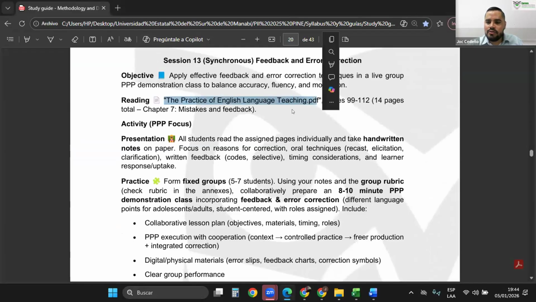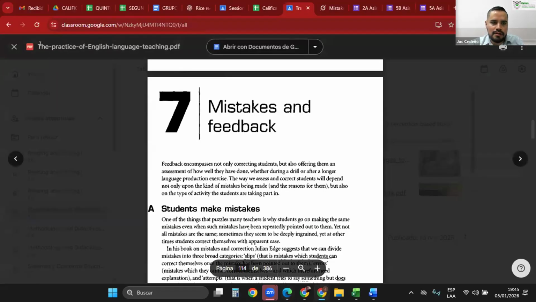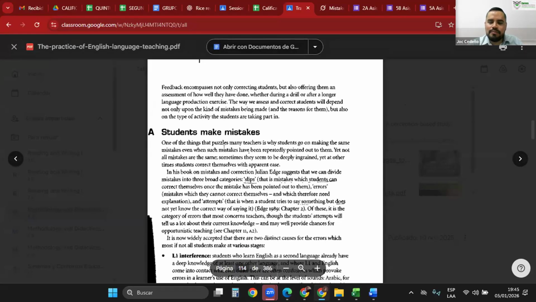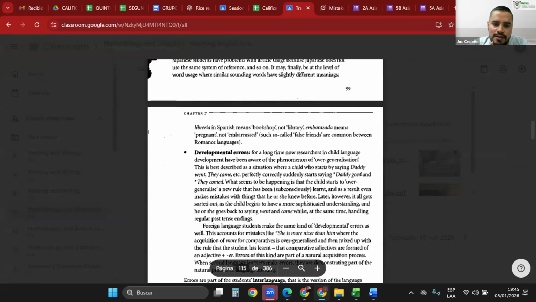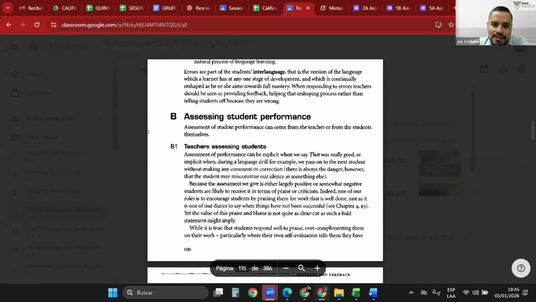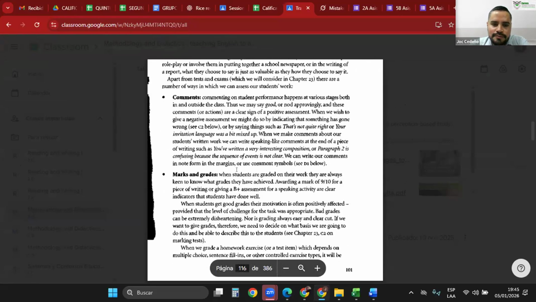a quick notes review. So you're going to read pages 99 to 112. That is chapter 7. The book is called The Practice of English Language Teaching. So you need to check this material quickly and focus on these items. Students make mistakes, language one interference, developmental errors, assessing student performance, teachers assessing students,